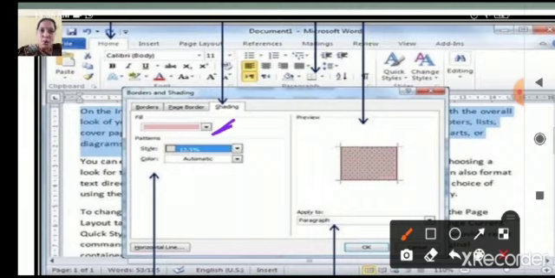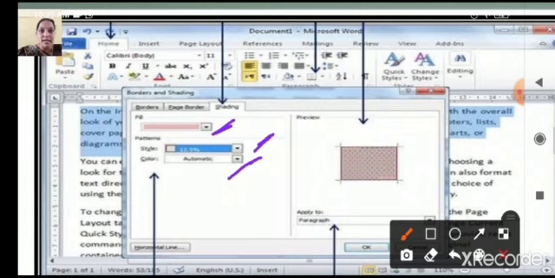Not only the solid fill option, you can also give the pattern fill. So you have different styles of colors you can shade. It is like taking a highlighter and shading that. So it's a background color to the text. Even pattern style also you can give here, and for that pattern style also you can change the color by clicking here. So if you click on the drop down arrow, you get a drop down list. There you can choose which option you require for the text.